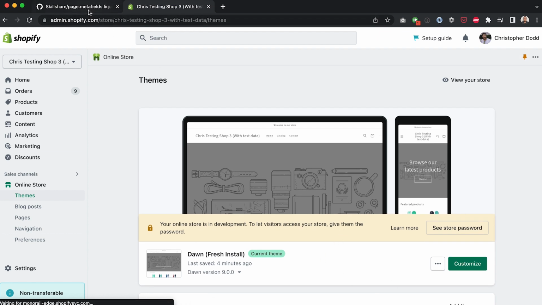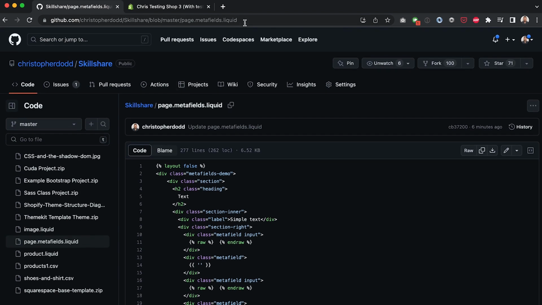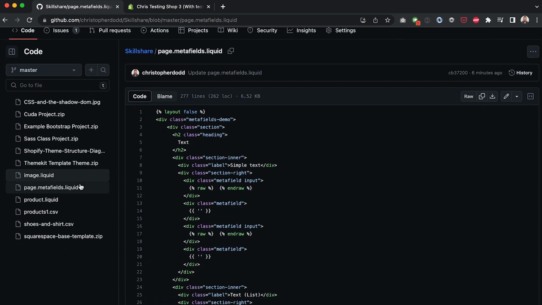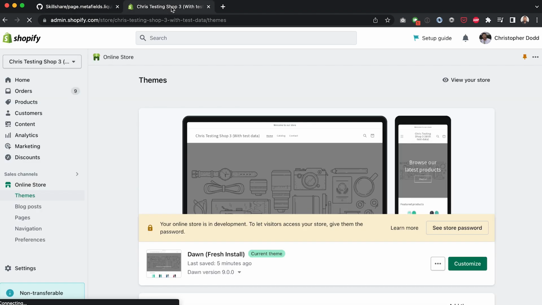I've created a page template here that I'm going to bring in. You can just go to this address. It's in my Skillshare repository on my GitHub. As you can see here, this repository is where I keep all my resources for my YouTube videos and Skillshare classes. All right, so we're going to use that in just a second, but first of all, let's set up